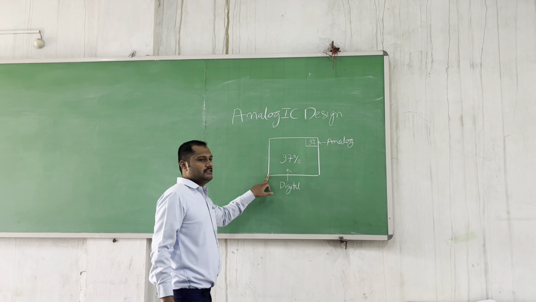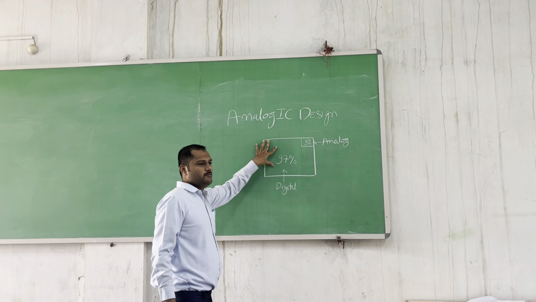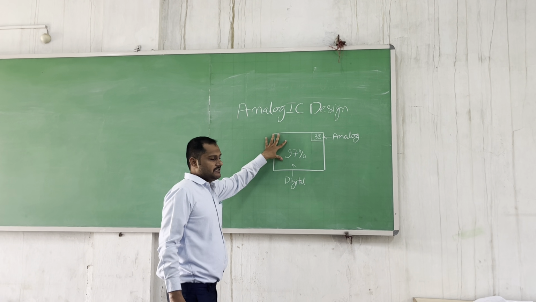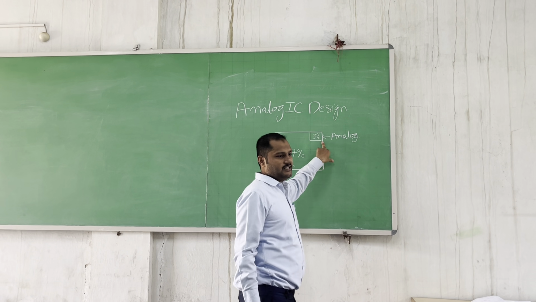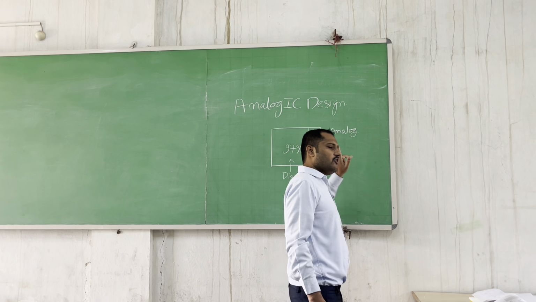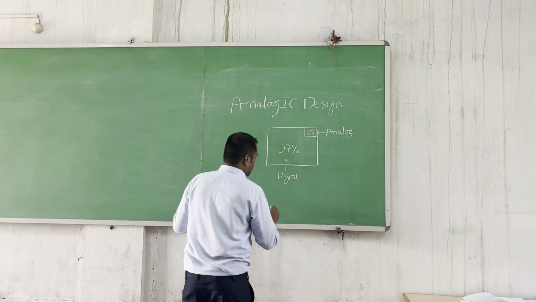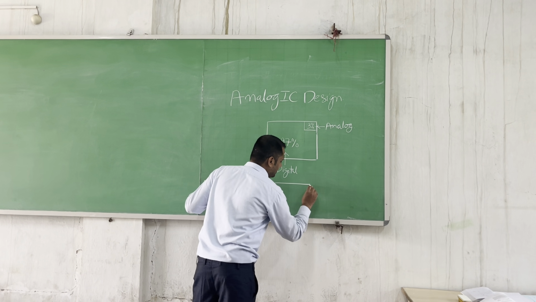Chip area. This is our chip. 97% of the chip area is consumed by the digital part, and only 3% of the area is consumed by the analog part. But when we talk about the budget, if you are a designing company,